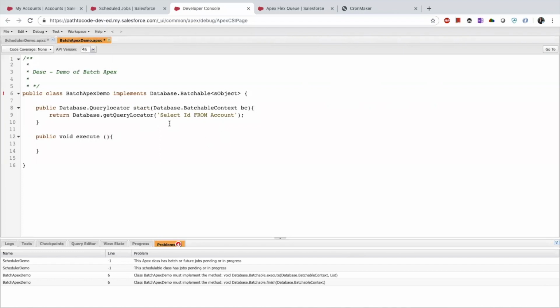So in the execute method, again, we need to give the same context. Again, we don't have to provide anything. Salesforce internally will execute it. The second and the most important parameter here is what you are going to work on. So I'm saying, hey, I need to work on the list of account. And who will give the list of account? Salesforce internally will give it. So I'm saying something like this, list of account. Okay. If I try to save it,